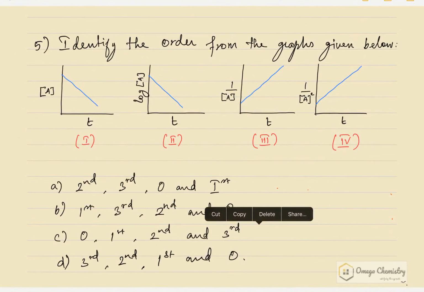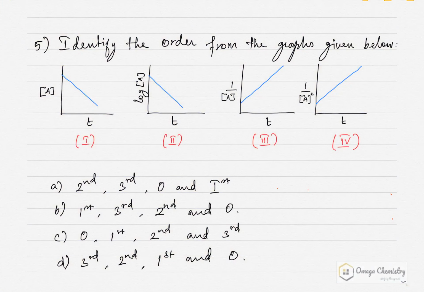Fifth question: identify the order from the graphs given below. So I know that the concentration of A will vary linearly with time for a zero order reaction, and also the log of concentration of A will vary linearly with time for a first order reaction,